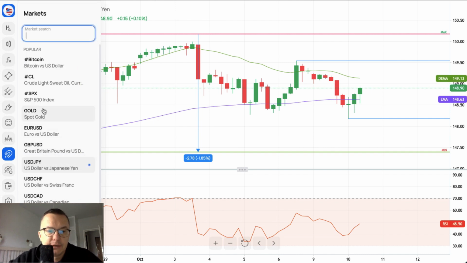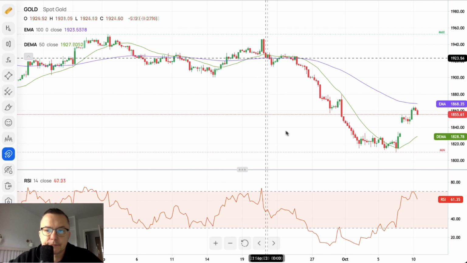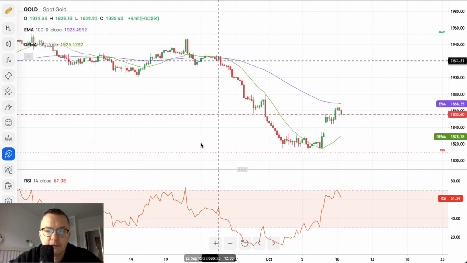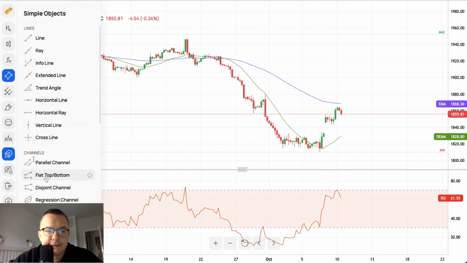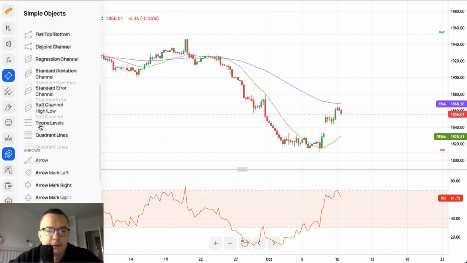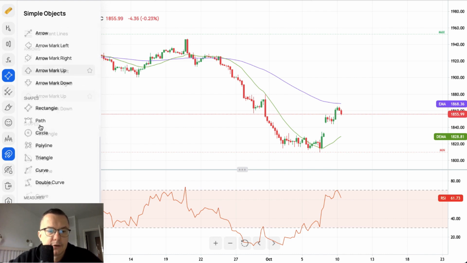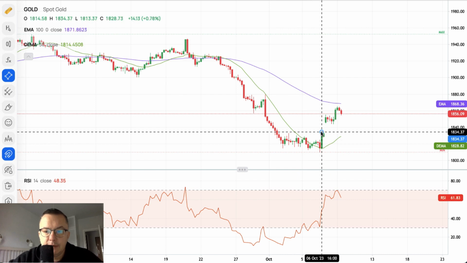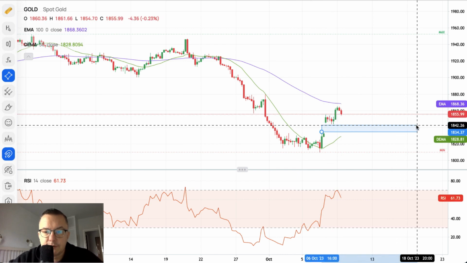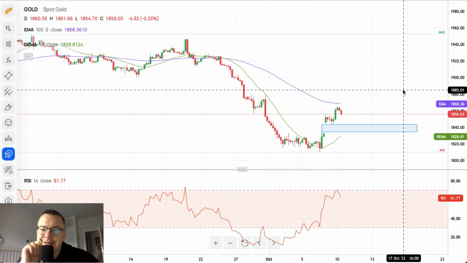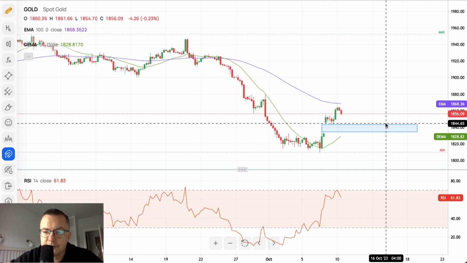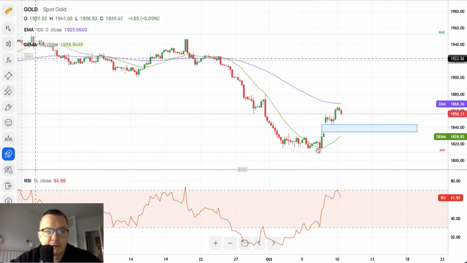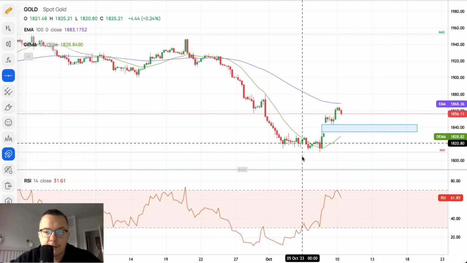Let's find out what is going on in gold. This is the 4-hour chart of gold. As you can see, we opened with a very nice gap. I'm trying to find my rectangle. There you go. Let me show you this gap, roughly between 1833 and 1844, an $11 gap. So right now, after this short bounce, the market is trying to fill the gap again,